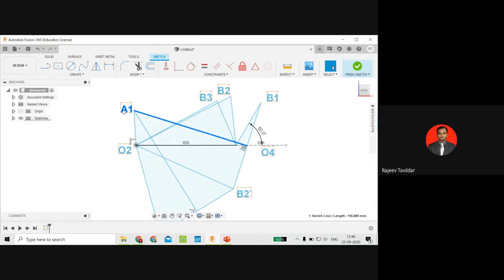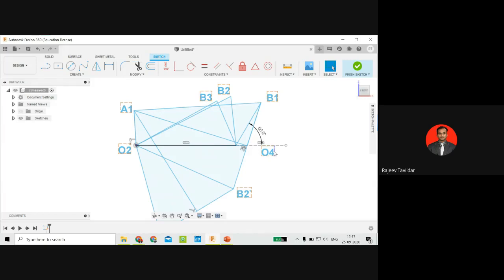Now, once this is done, all the graphical procedures are over. Let me directly join or make the final mechanism. Okay, what should be the final mechanism? It should start from O2, O2 to A1, and from A1 to B1, from B1 to O4, and from O4 to O2. So this mechanism is your final mechanism, which you should draw with thick lines. I'll repeat, your final mechanism is O2, A1, B1 and O4.